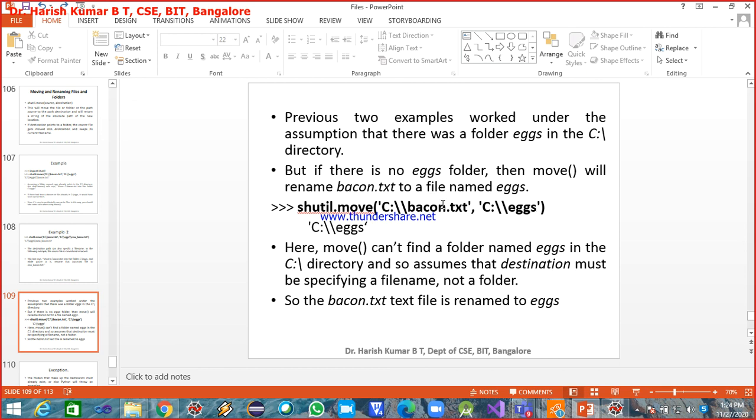So I want to permanently move this backend.txt to a folder with the name X. Assume this X is not existing, the folder is not there. So what the system will do is, it will take X as the file name and the file will be permanently moved to this file X. So it is not a .txt name, it's named X. Okay,